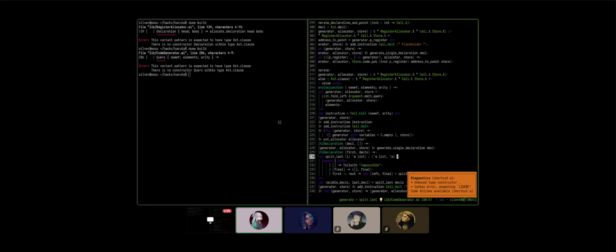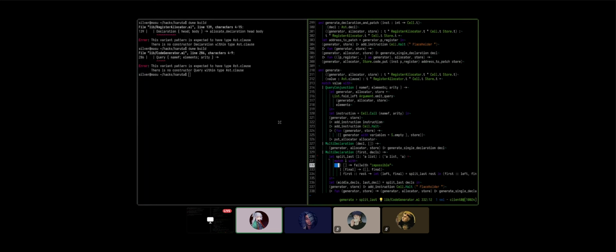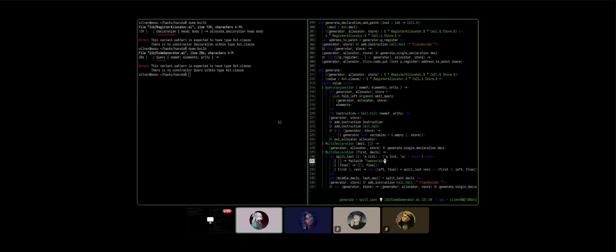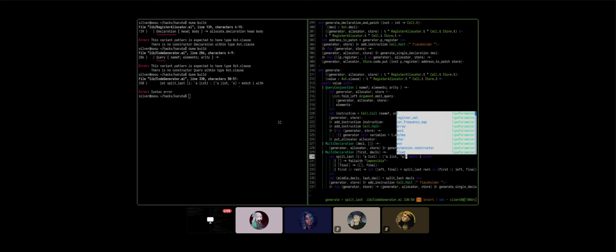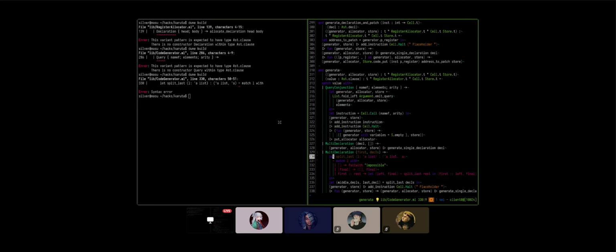Why is this complaining? Oh, it's because this is messed up, I think. Maybe, possibly. That doesn't make sense. What's the problem? Ask the compiler. Syntax error. That's all it says. Put the match on a new line. Yeah, put the equals back on where it was and put the match on the new line. Okay, like this.